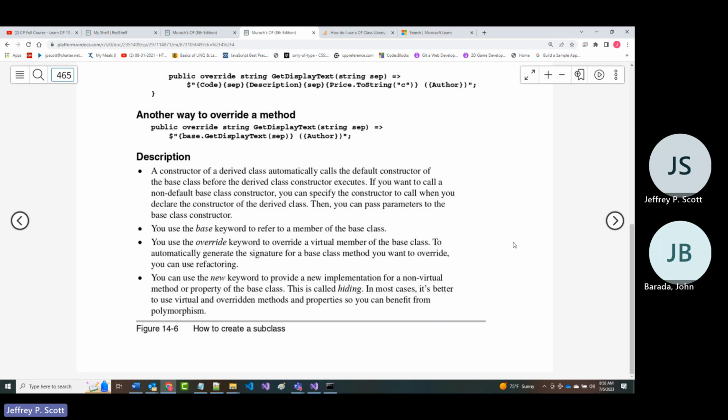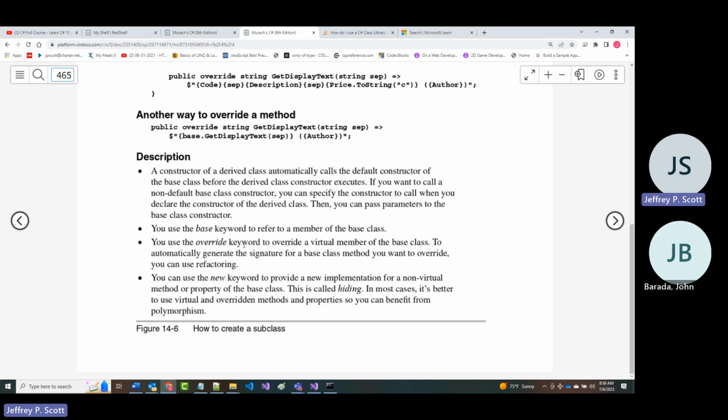So a constructor of a derived class, that's the child class, automatically calls the constructor of the base class, which is the parent class. So that is called before the child class constructor is called. You use the base keyword to refer to a member of the base class.